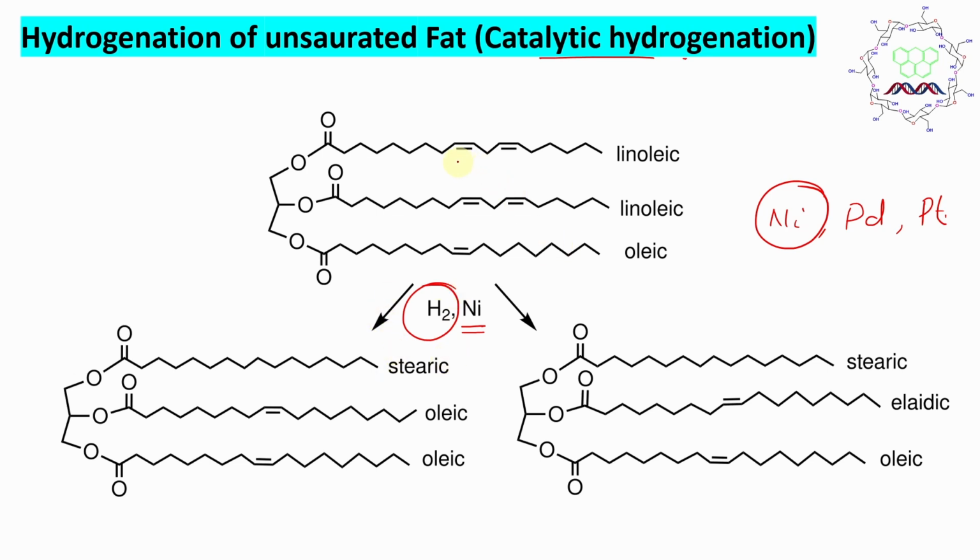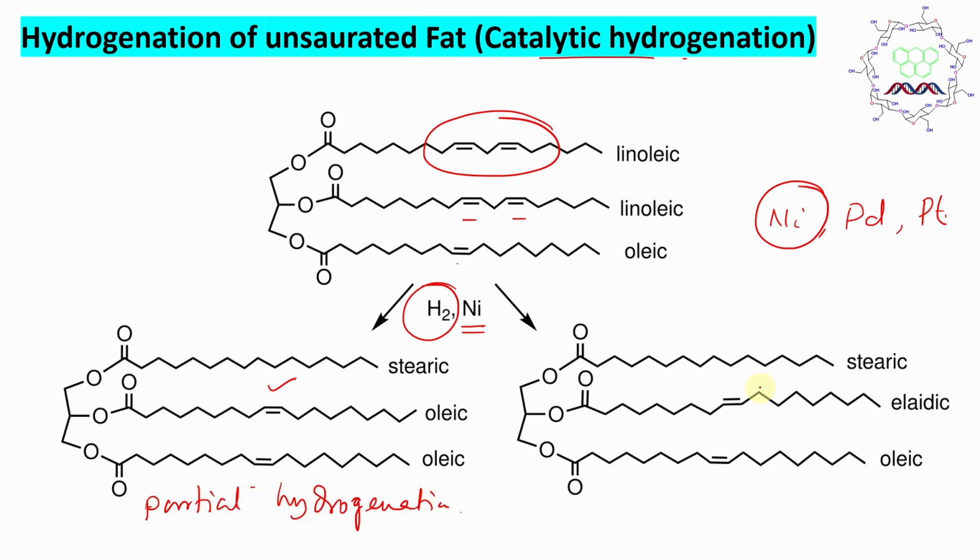Now in the presence of a catalytic amount of nickel and high pressure hydrogen gas, you can achieve hydrogenation on these double bonds, pi bonds, because they are more reactive. Under this condition this ester doesn't break, so don't worry. Now you may say, okay sir, there were two bonds, one is hydrogenated, one is not. So you may say this is a product of partial hydrogenation. Look at the next one.